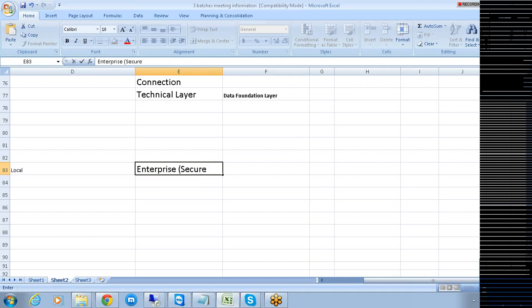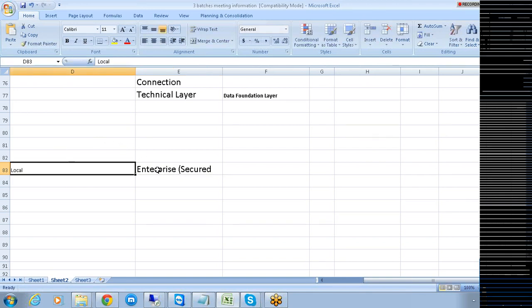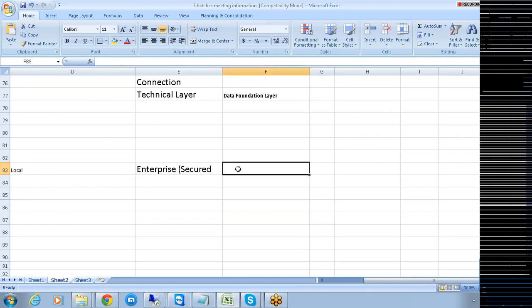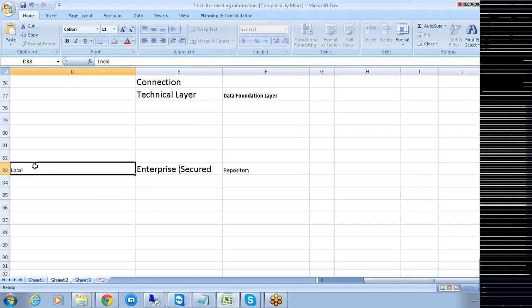This enterprise connection is what we call a secured connection basically. You have the option of converting your local connection into a secured connection the moment you publish this particular connection to a particular place, which is called the repository. This is the place where you need to publish your connection.